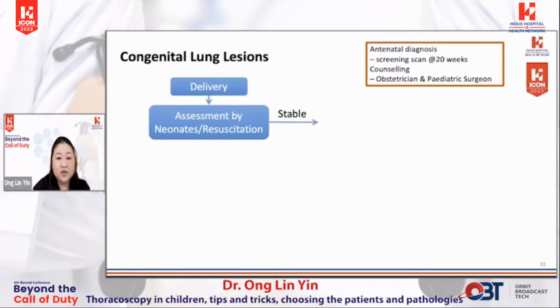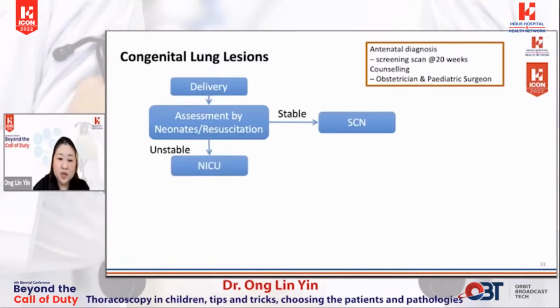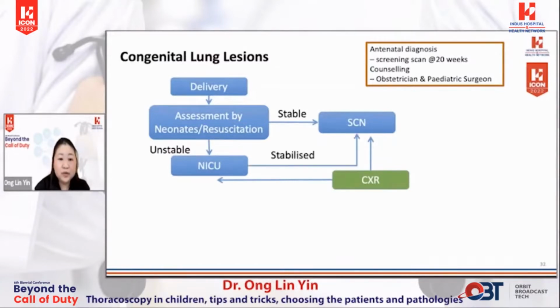if required. If the baby is stable, the baby goes to our special care nursery. However, if the baby is unstable, the baby might be intubated, require supplemental oxygen, and is monitored in the ICU. In either case, an X-ray is done looking for nature of the lesion, any mediastinal shift, and pneumothorax, or any other problems. Once the ICU baby is stabilized, the baby moves on to the special care nursery.